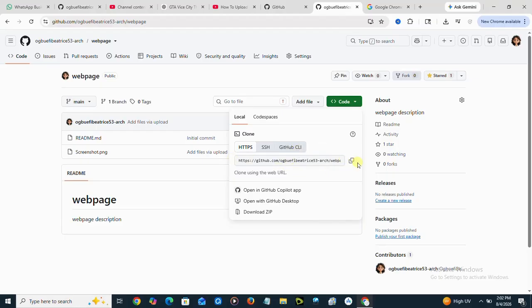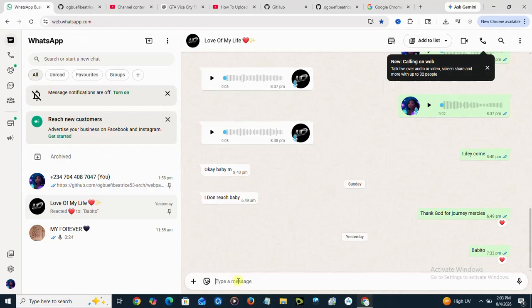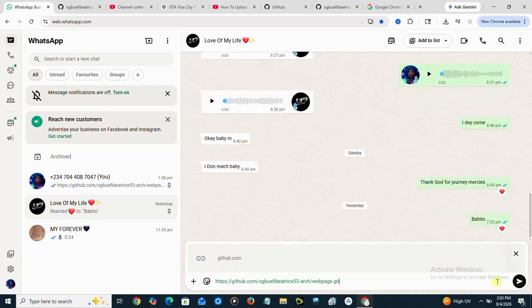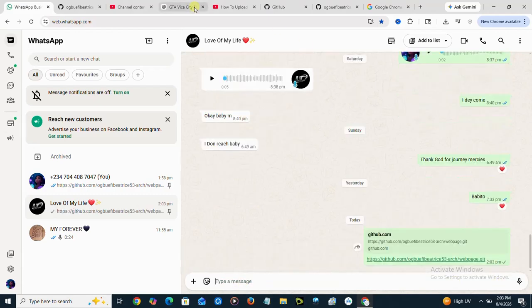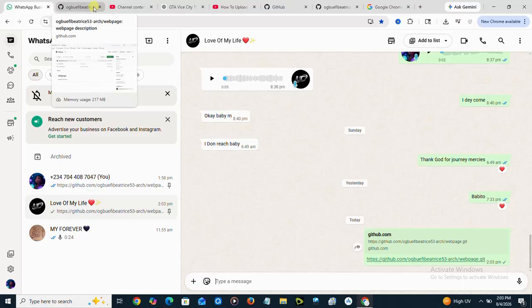You can just copy the link right here, and once you copy the link, you can go to whatever social media platform you want to share it to and just paste it right there and you share it. So this is literally how to share your GitHub